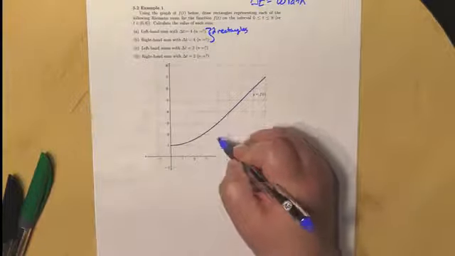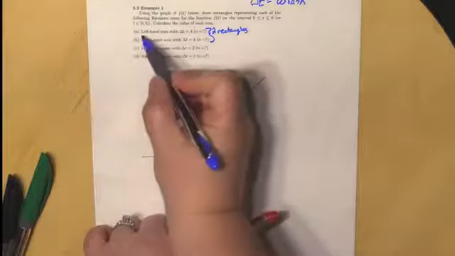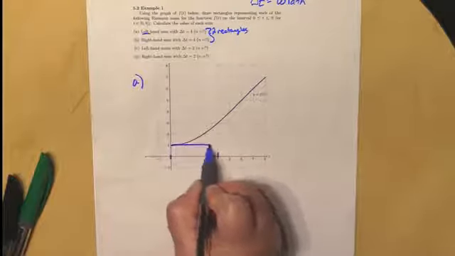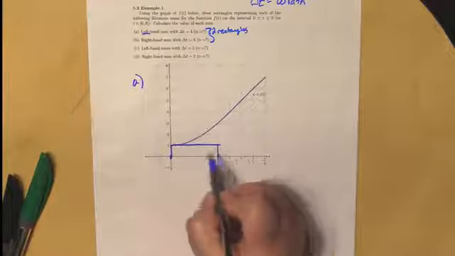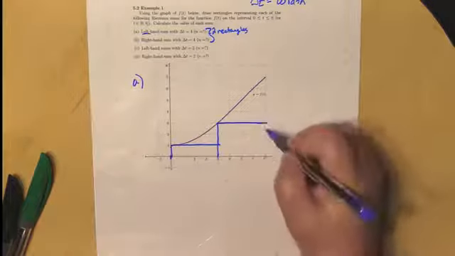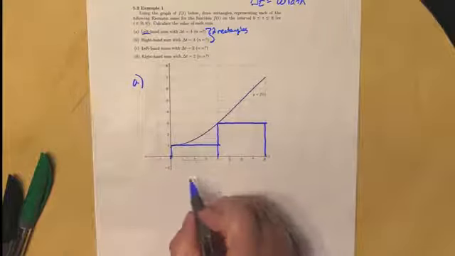for both A and B. And so here we're looking at 2 rectangles. So our first rectangle is going from 0 to 4, and for the left-hand sum for part A, that means we're looking at this rectangle, because the height is determined by the left edge, and we're looking at this rectangle. And for both of these, we have width is